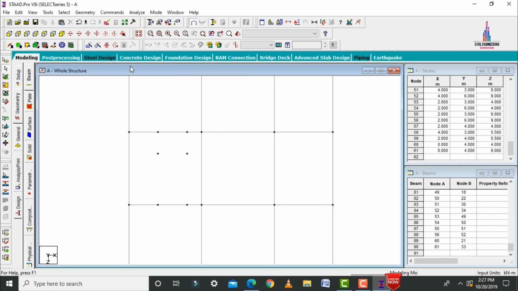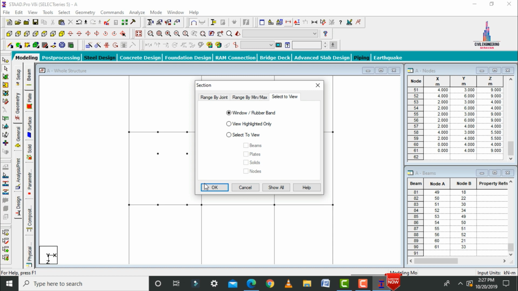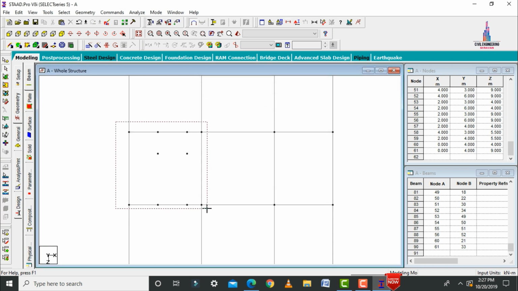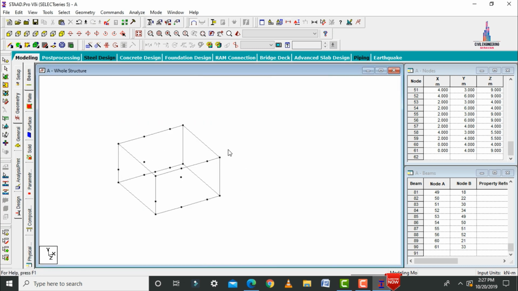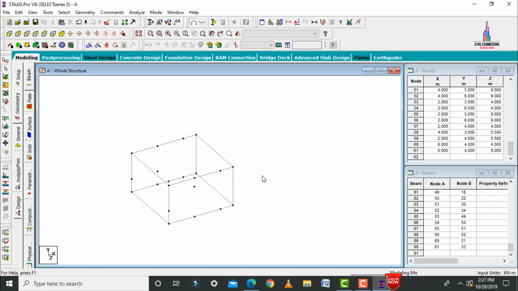After that, we have to select the top view. Initially I will cut this respective portion. I am just cutting this portion here. Click on 3D view. Now we have to connect these respective points with the help of a slab. So select the add 4 node plate option, select the first point, second point, third point, fourth point, and again come to the first point. Now in the same way we have to connect the slab for this portion.